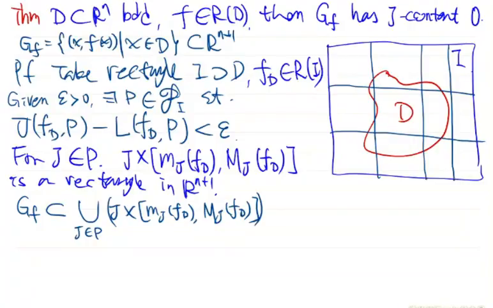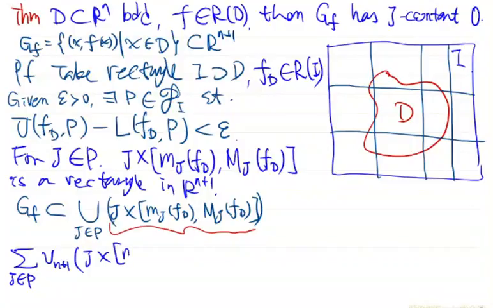If this is proved, then the union of such n+1 dimensional rectangles covers the graph of f, and the total n+1 dimensional volume of such rectangles is precisely